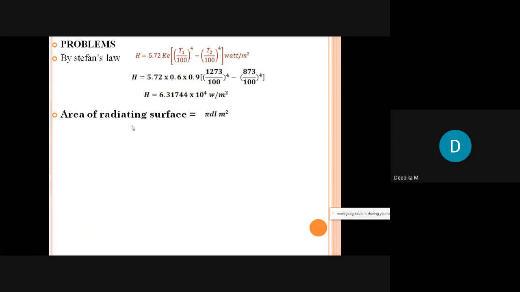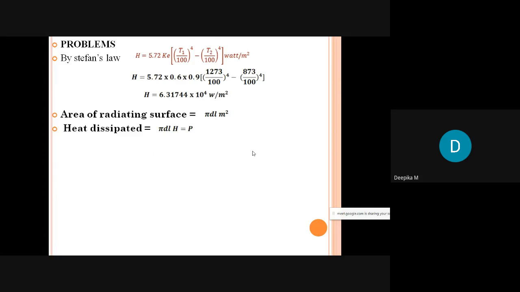So therefore it is nothing but pi dl. That is, the surface area of a circle is nothing but pi dl, so that we have taken over here. And for heat dissipated, by Stefan's law we get heat dissipated per meter square, but we need to calculate the heat dissipated throughout the surface. So the surface area should be multiplied with the heat radiated per meter square to get heat dissipated throughout the surface. So this will be equal to pi dl into h,